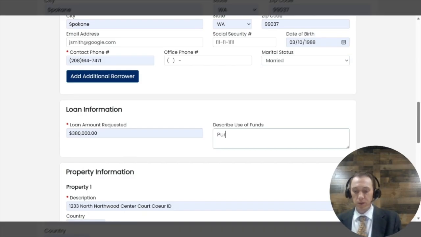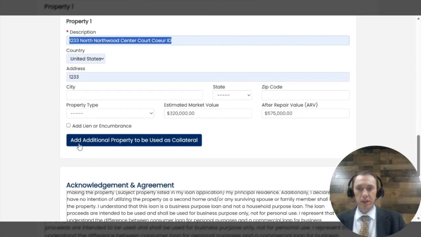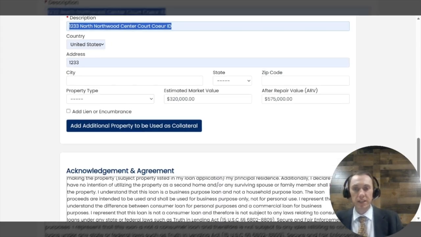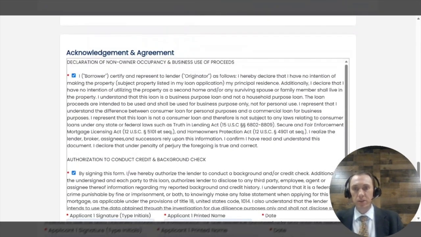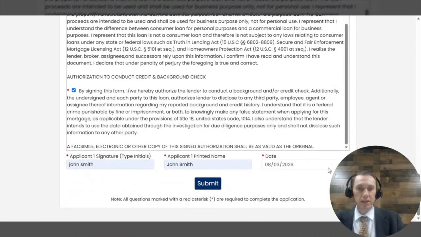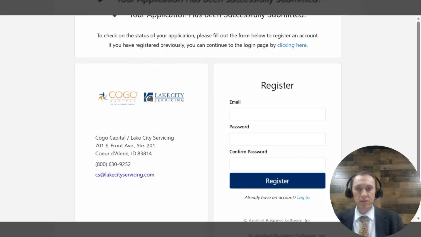This is going to be for a purchase and reno, property address, add additional property to be used as collateral if needed. And then this is going to be our acknowledgement and agreement for the borrower themselves to be able to sign. Click submit. And this is where they're going to register for that document upload link. Make sure they do their email address, set a password,